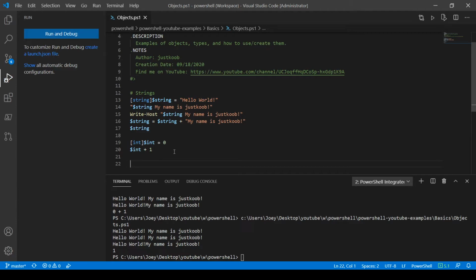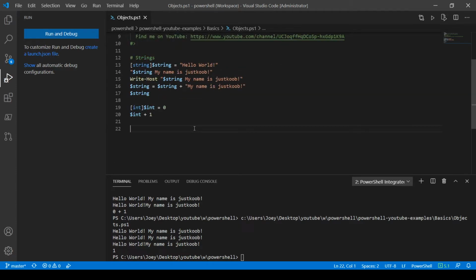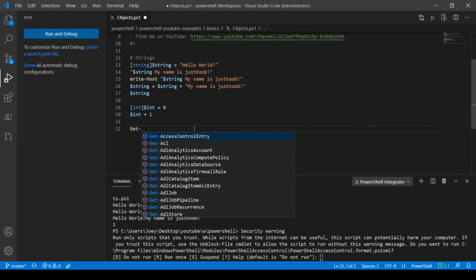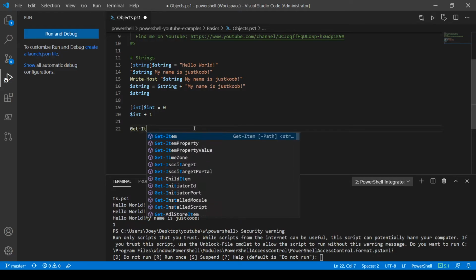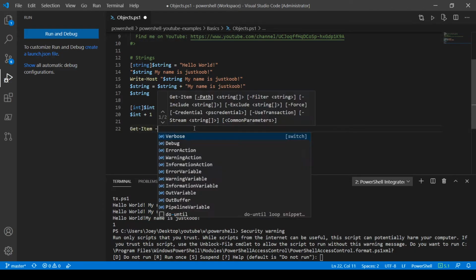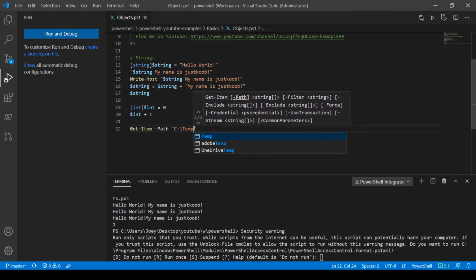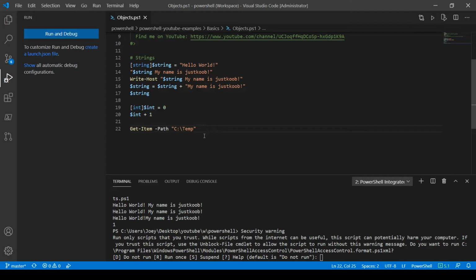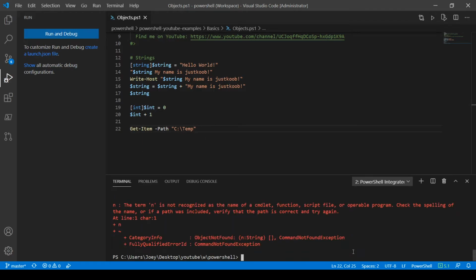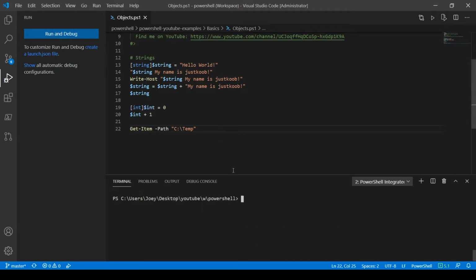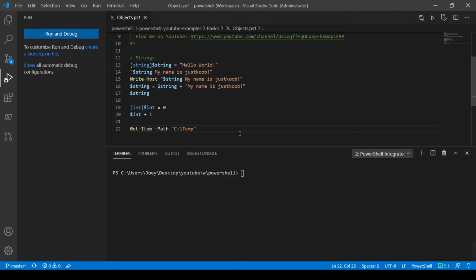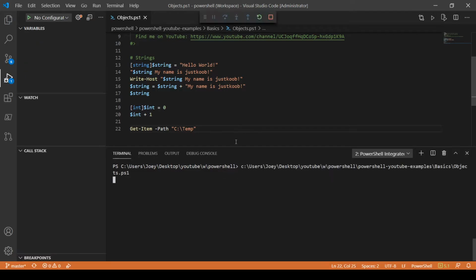Let's see. What else can we talk about for objects? Right, so we'll actually start using commandlets to get objects. So we'll use Get-Item, with a path. What we're going to do is run the commandlet. It's built into Windows. Get-Item. Let me clear this out so you can see what we're doing again. So when I run this,